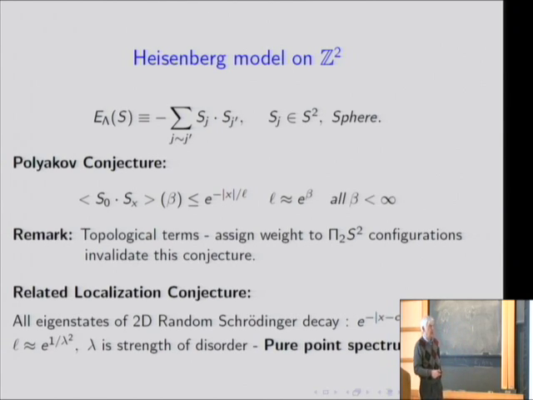It's still quite open, as far as I know. But notice that as beta gets large, your temperature gets low, the length over which this thing is ordered is huge. It's exponential in beta. So it tries to order, but it doesn't. Eventually, it decays exponentially fast. So this is quite